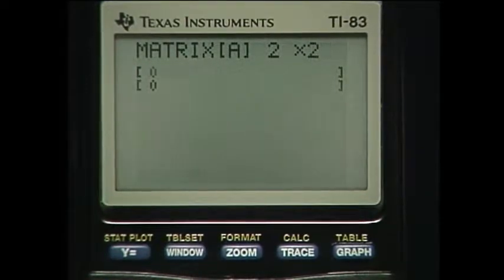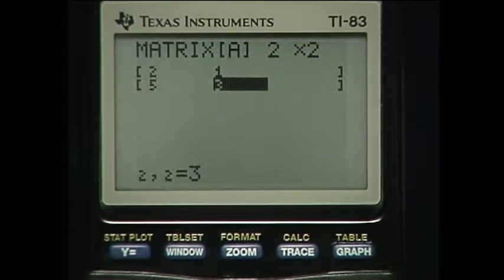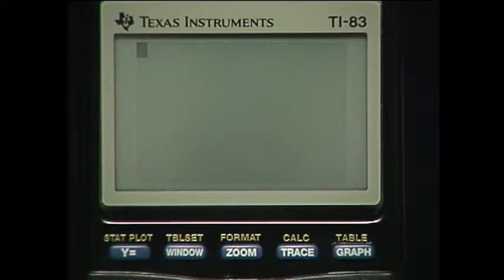Now the request is for the items along the first row of the matrix, and those items are 2 and 1. So we input 2, enter, 1, enter, and along the second row, 5 and 3. So 5, enter, 3, enter. We'd like to go back to the main screen at this point, and so we want to quit this program. So we press second and then the mode button right next to it. The second function key and then the mode button right next to it will allow us to quit and go